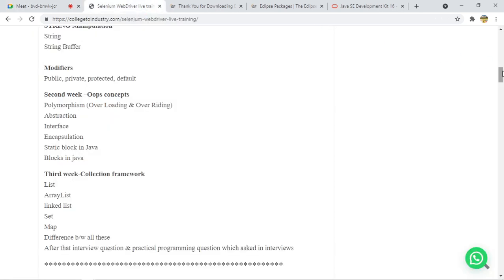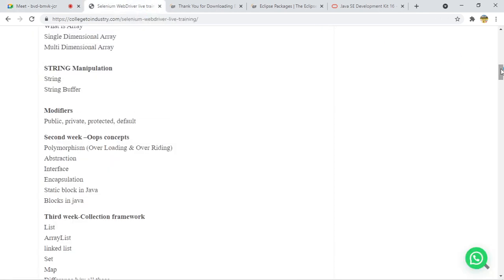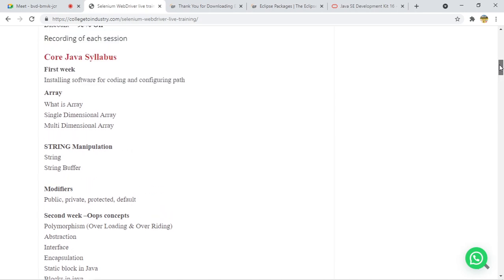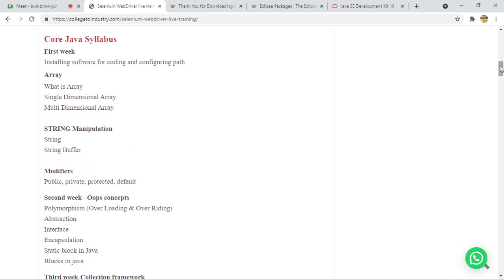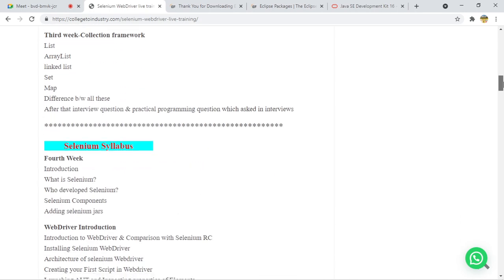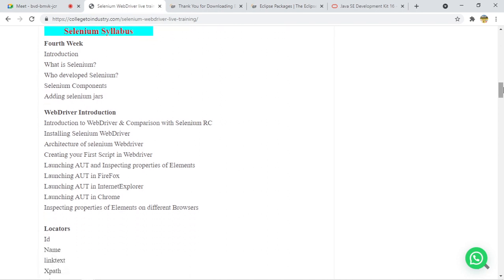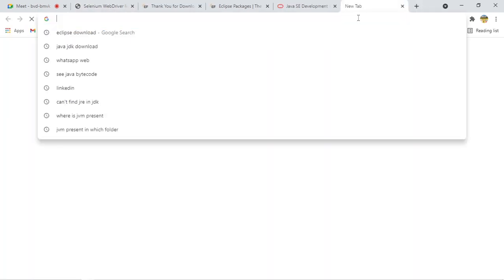Okay. So if anyone is not much clear about the programming, and they are doing it for the first time, it is very essential that they debug each and every program. It will help them in understanding the code structure. After covering the core Java part, we will start with Selenium, right? So let me give just some overview about that.